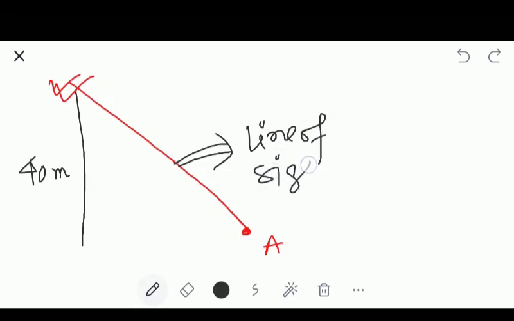Now the line of sight will create an angle with the horizontal. The name of the angle can be theta, x, y, anything. Particularly in trigonometry, the most famous word is theta. Theta is also a Greek word, and we will find out the ratio of the sides of a triangle, right? And in trigonometry we will deal with only a right angle triangle. So let's see how trigonometry works.